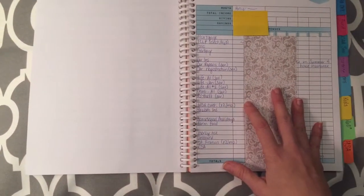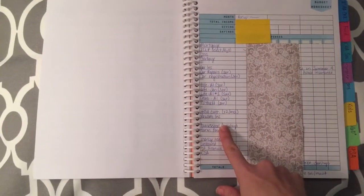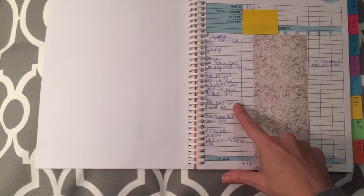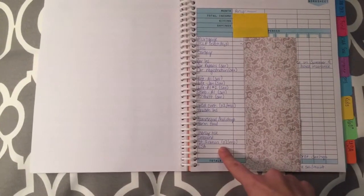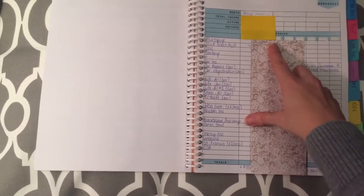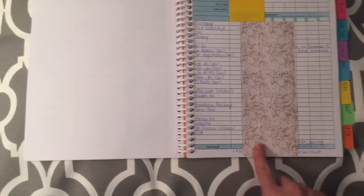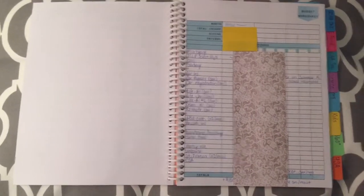And then this is my budget worksheet, and it's got all of our expenses, and I kind of broke it out by essentials. So it's got all our house expenses and our car expenses and all of our insurances, and then health care and stuff I have savings goals for, and other recurring things and charitable stuff. I have the dollar amounts, and then I kind of have a declining balance where I take our income and subtract the mortgage from it, and then subtract our electric bill, and then our gas. So at the bottom, I know how much I have left that I can spend on basically everything else,